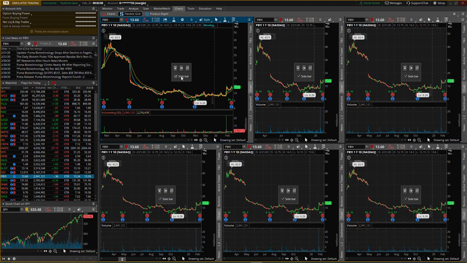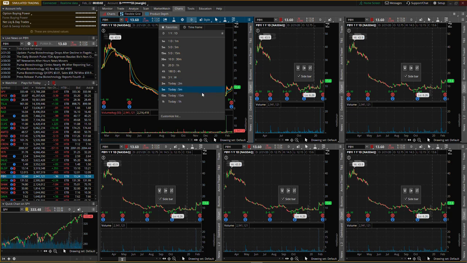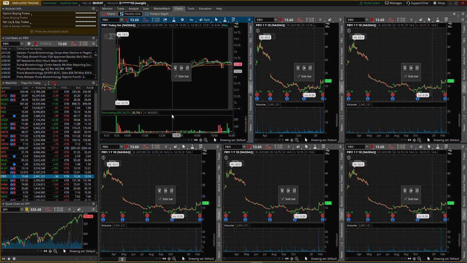So now this is my daily, this is my intraday chart. So let's change over here to one of our time frames, right? So let's just say I'm doing 5 minutes. This is my intraday chart, right? This is how I trade. And again, if I had a 6 window layout, I would just apply this to each one, right? So I would have six intraday charts that allows me to watch 6 different